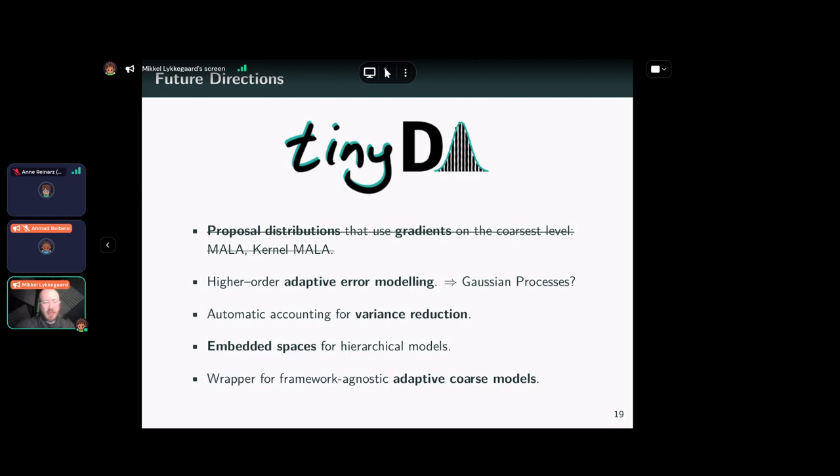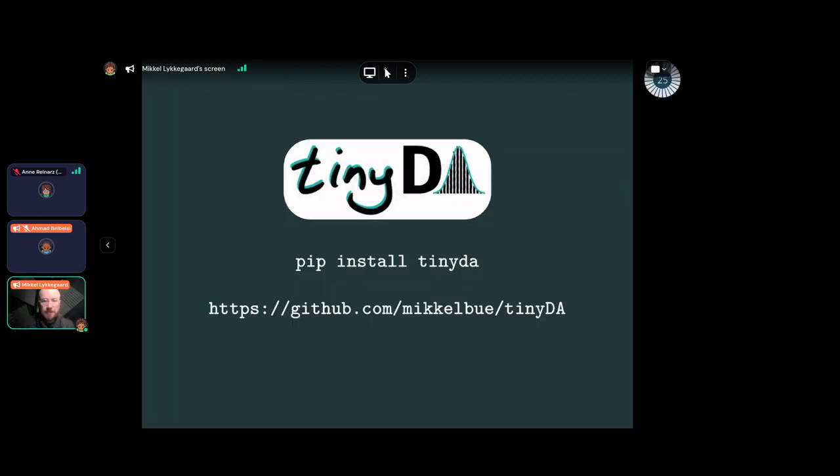But yeah, I have a full-time job and don't have all the time in the world to maintain an open source package, but I do what I can when I can. So yeah, you can install it on pip, and there's a GitHub too where you can go and check it out if you like.